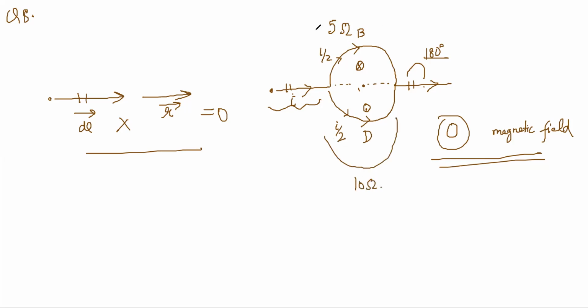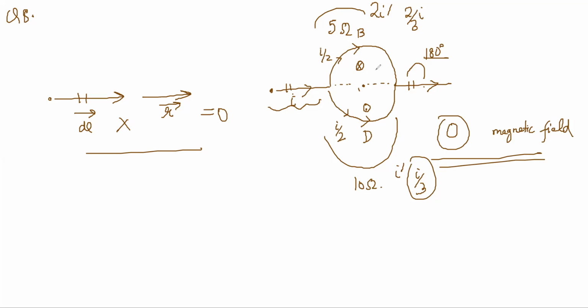So twice the current will flow here, 2I dash, and half the current will flow here, right? If current splits in 3 parts, 2 parts go here, so 2 by 3 I goes here and 1 by 3 I comes here, right? Because there is more resistance here. So after that, now it is a simple calculation. You have to subtract them.